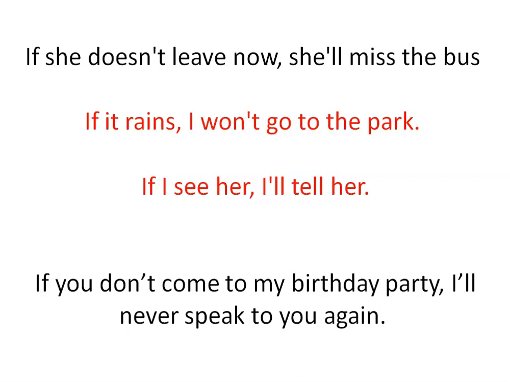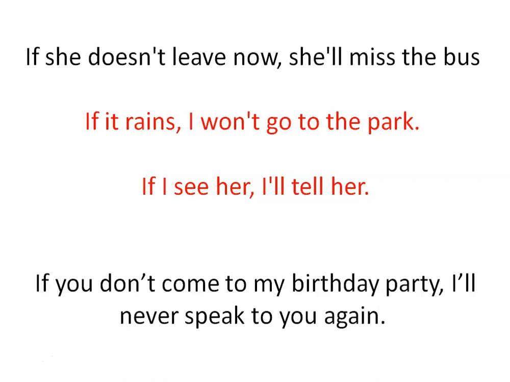Now let's see the second one. If it rains, I won't go to the park. Again, we can see 2 clauses here. Won't go is the abbreviation or the contraction of will not go. We might have learned the contractions earlier in the classes. So won't go is nothing but will not go. So what is happening here? The condition is if it rains, it is in simple present tense. The conditional clause if is attached to the simple present tense, that is rains.